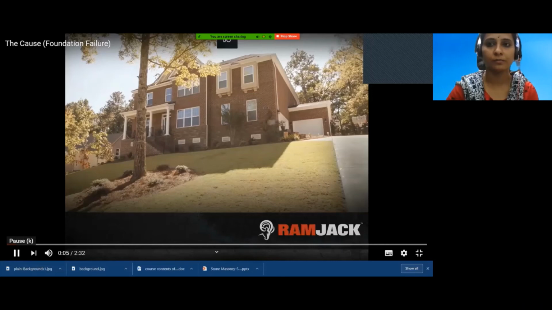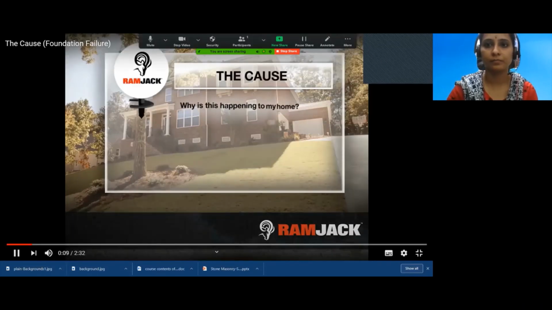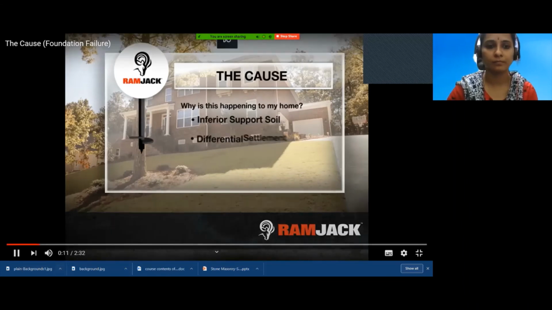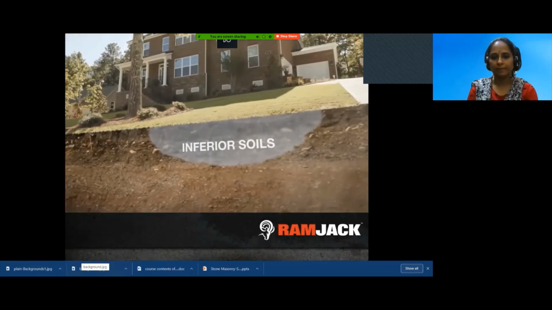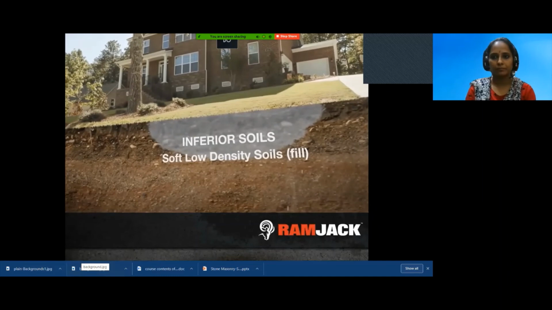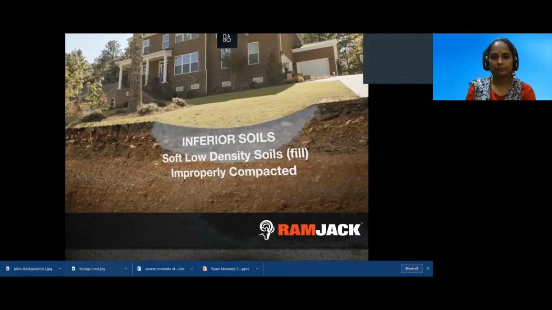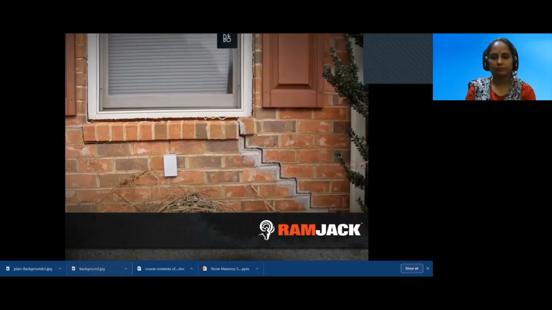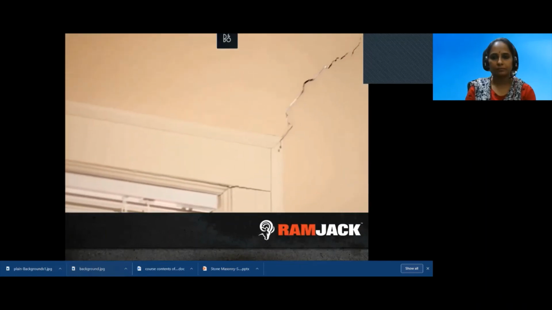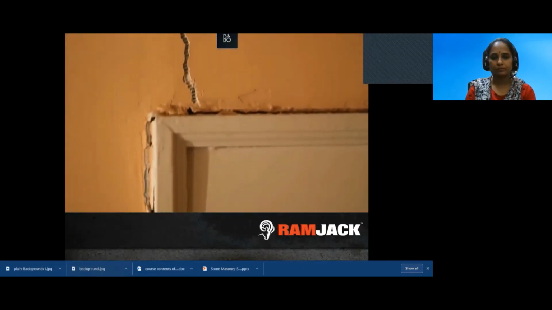The first question many homeowners may ask themselves is, why is this happening in my home? Many factors contribute to structural settlement. The most common cause of foundation settlement is inferior support soils. Homes built on soft, low-density soils or fill that have been improperly compacted is a leading cause of foundation problems. In many cases, problems may not present themselves for many years after the original construction due to the slow progression